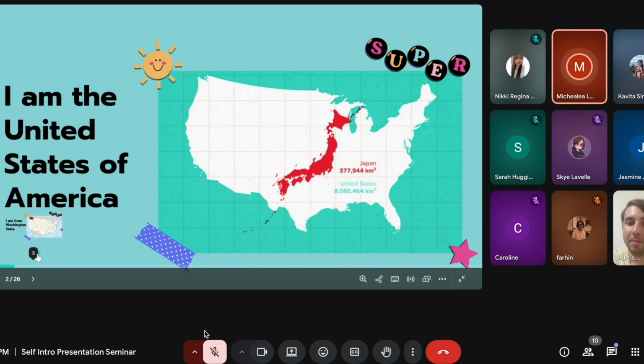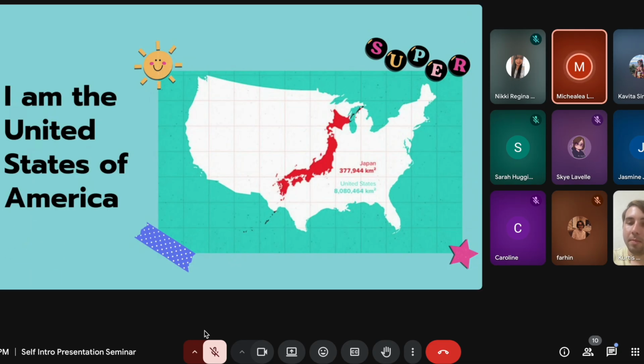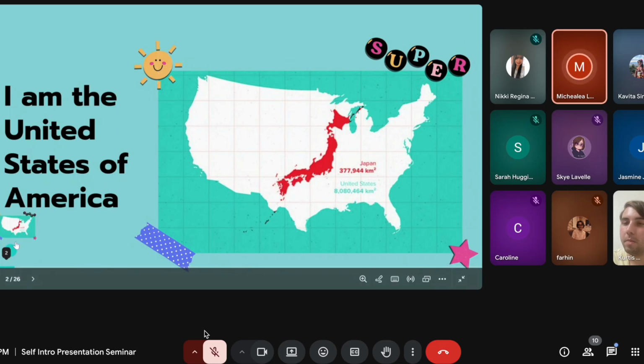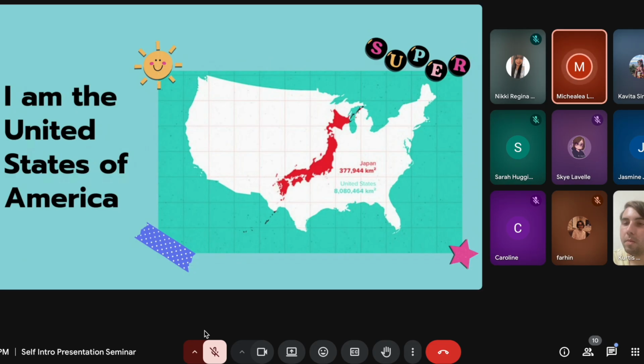I have here a picture showing how big America is. Sometimes I talk on that, sometimes I don't. If there's a question, I'll go into it, but for elementary school, this might be a little bit above their understanding, how big or small it is. But I have talked about it in elementary school. I just use more gestures, like America is very, very big, and Japan is not so big compared to America.